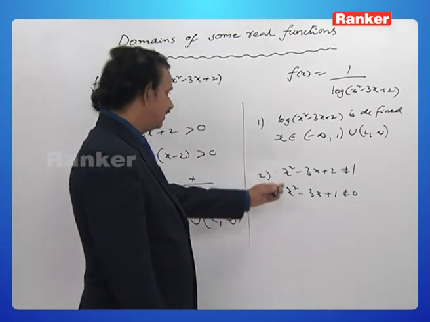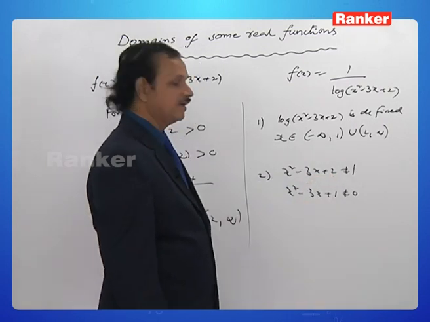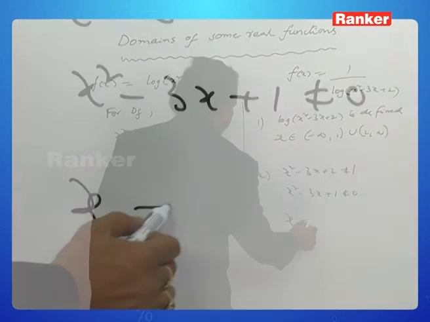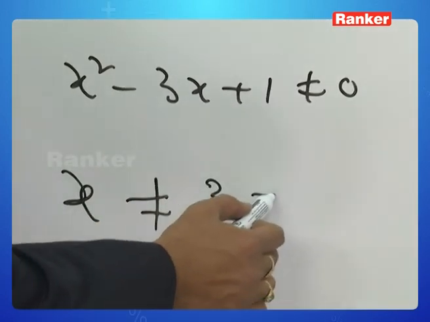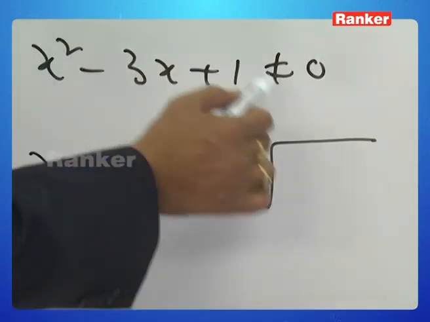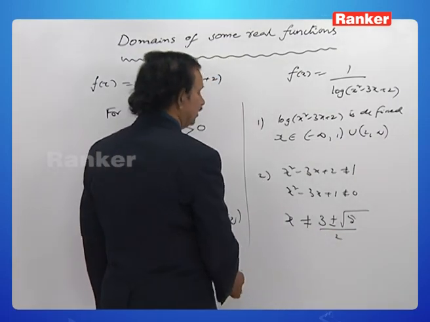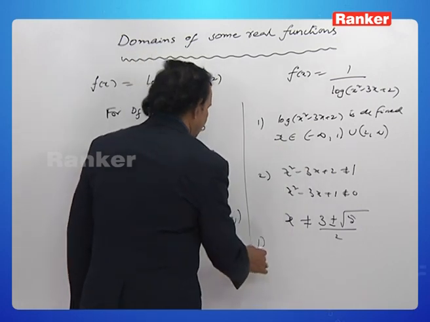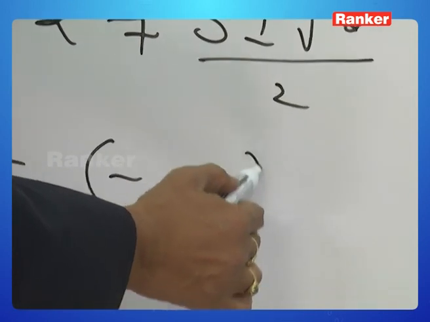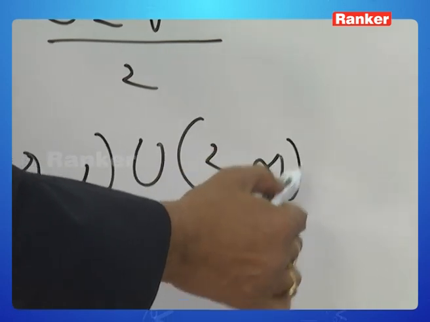x square minus 3x plus 1 becomes 1. So x square minus 3x plus 1 not equal to 0. It means x is not equal to minus b plus or minus root of b square minus 4ac, 9 minus 4 is 5, by 2. Therefore, clubbing these two, the actual domain is the open interval minus infinity to 1 union the open interval 2 to infinity